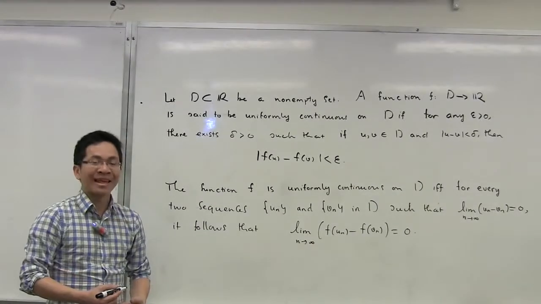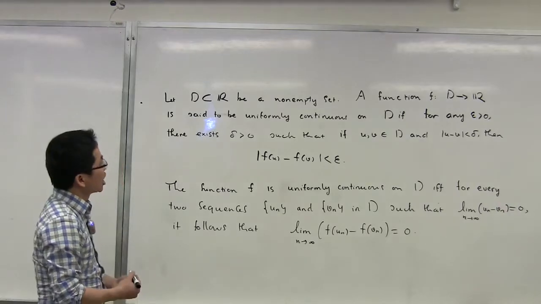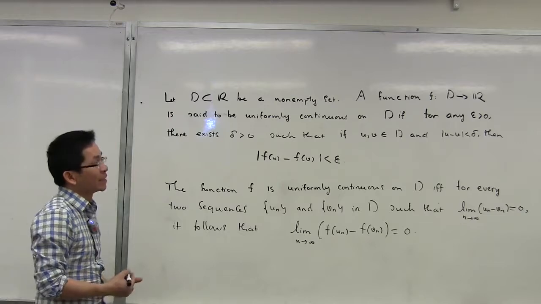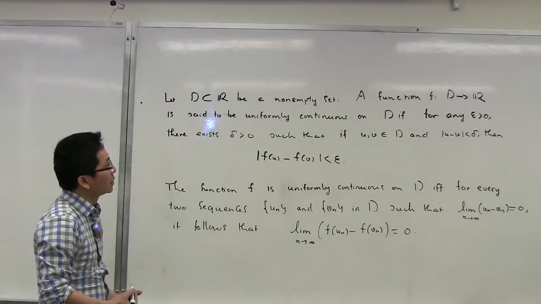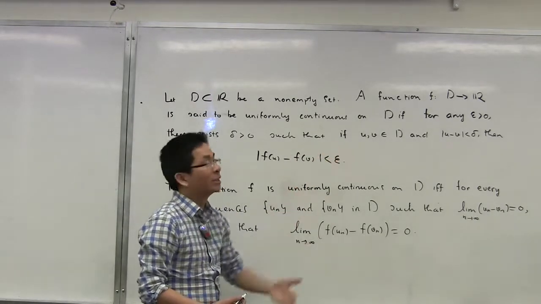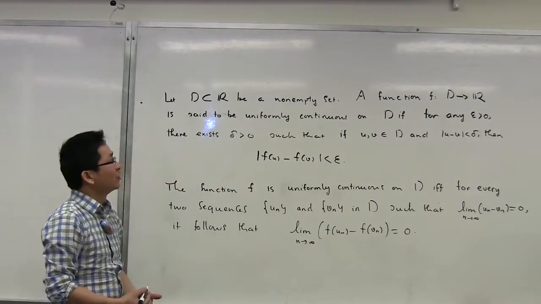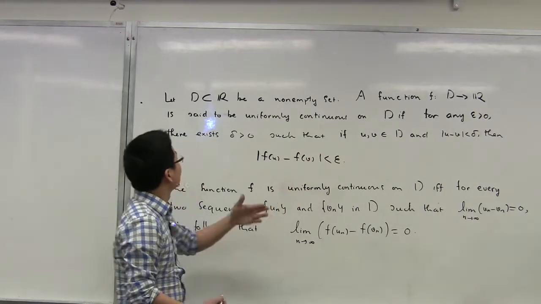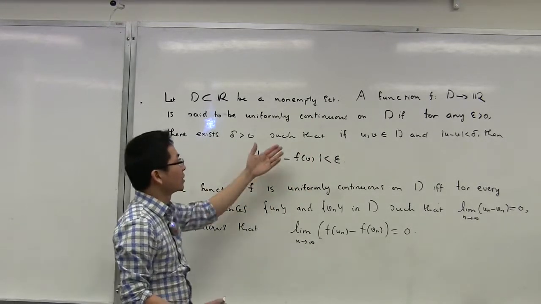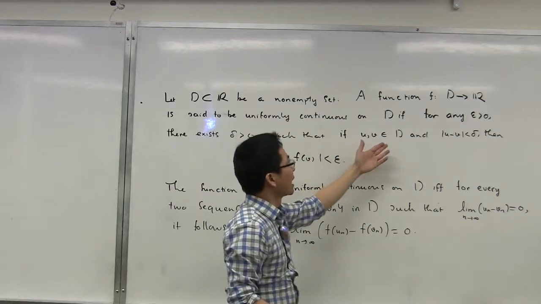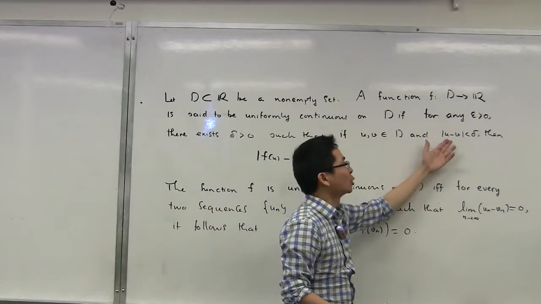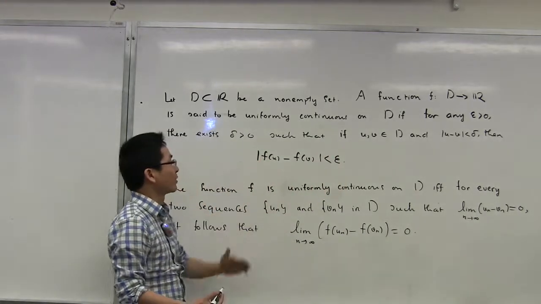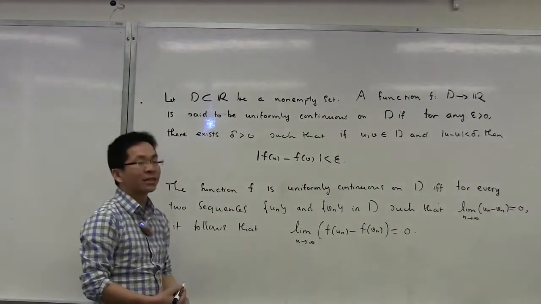Before solving the problem, let me recall the definition of uniform continuity. Let D be a non-empty subset of the real line. A function f defined on D is said to be uniformly continuous on D if for any epsilon greater than 0, there is delta greater than 0, such that whenever u and v are in D and the absolute value of u minus v is less than delta, then the absolute value of f of u minus f of v